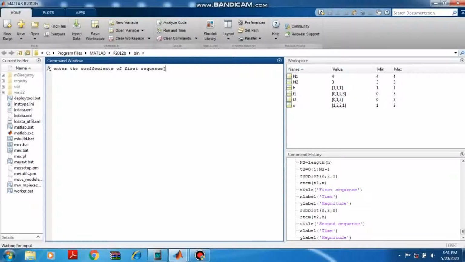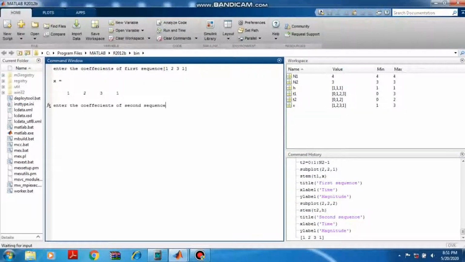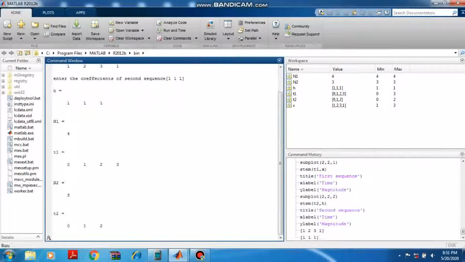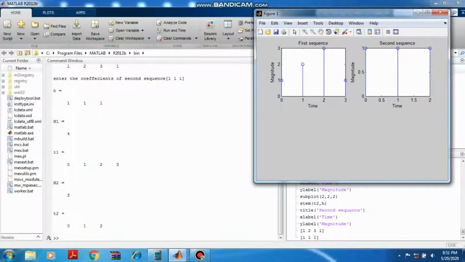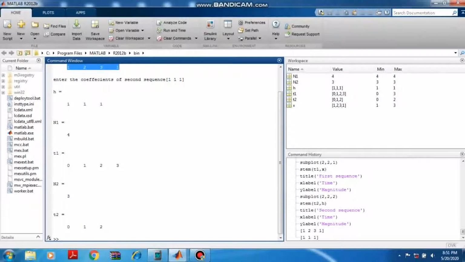See, it's asking me to enter the first sequence. I'll enter the first sequence. Now it's asking me to enter the second sequence. I'll enter this. See what it did: it read the first sequence 1, 2, 3, 1, and we entered the second sequence 1, 1, 1.